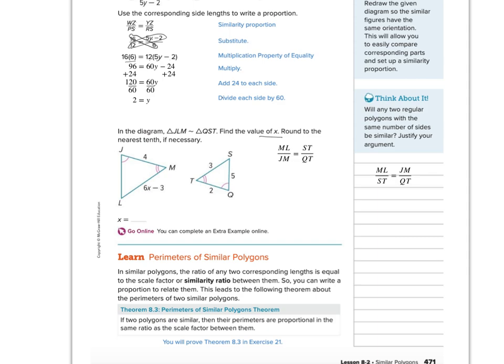So looking at that, in this diagram, it says find the value of x and round. So I've actually set it up two different ways here. Let's see here. It looks like JLM to QST. So I know that LM over ST, right here, LM over ST, right? The new over the old over the new. Maybe I should change that, huh? Let's write it as ST over ML. And then that would be,